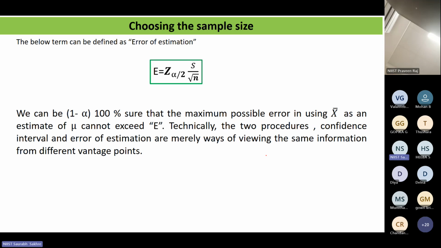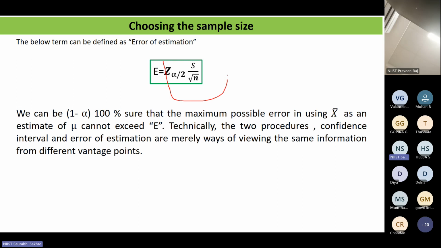So, see, there are two ways. Either you can do your work and later come to know that, oh, I should have collected more samples so that my error would be below 5%. Or you can do the reverse. Before itself, you can keep your error in mind, that I will only allow, let's say, 2%, 3% or 5% error. Now to obtain my error below 5%, what should be the sample size? So this we can do with this formula: E equal to Z alpha by 2 times S by root n.